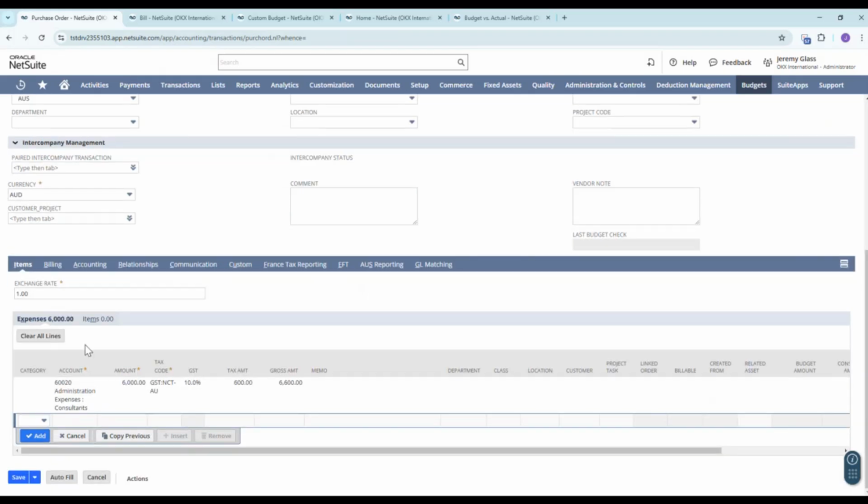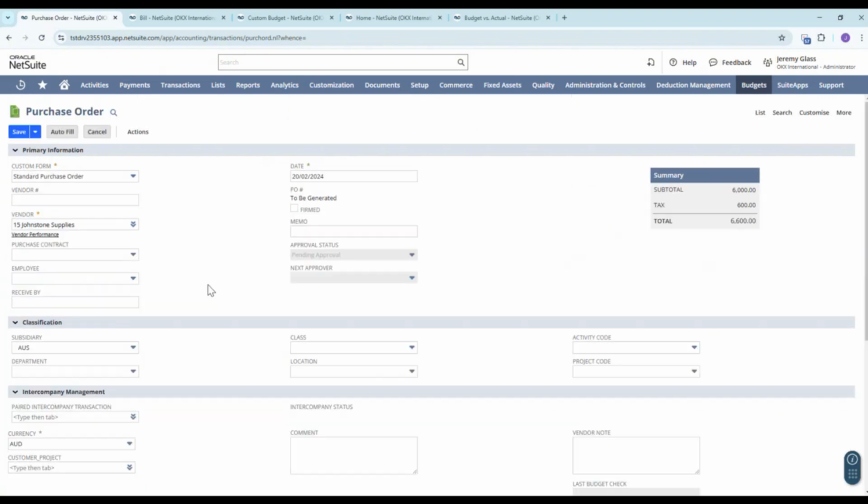And if I scroll down, you will see here the same account that I use for the budget I created. But this time, the transaction amounts to 6,000, meaning it's over budget. The system will not just check this particular transaction, but all of the transactions that were created on the particular period and same account. So once I save this, all right, you will see that there's a pop-up message